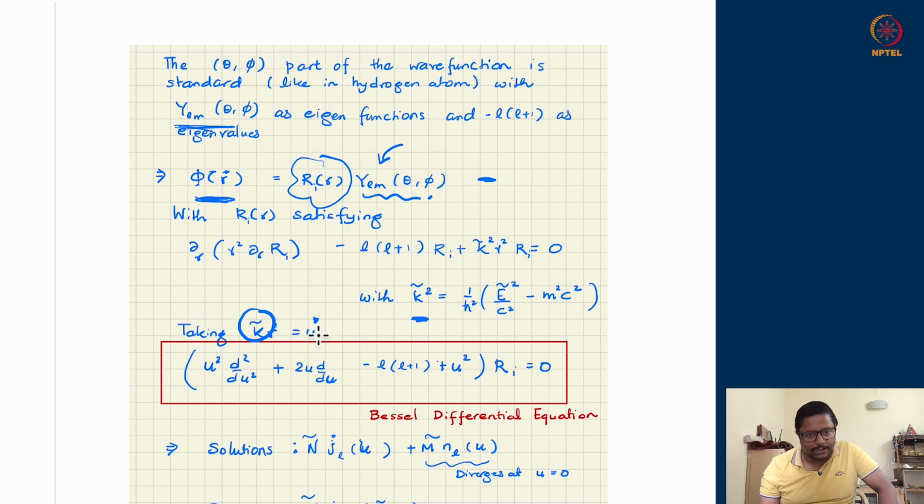I go and define u. That is just a method of calling this object as u square. And therefore all other quantities which are appearing over here can be rewritten in terms of the variable u. If you do that successfully, this is again a straightforward algebraic exercise, you will realize that the differential equation which we are writing is just the Bessel differential equation in u. So what I did, I just called k tilde r as u, converted every r appearing over here as u, and you will see that this becomes automatically a Bessel differential equation.